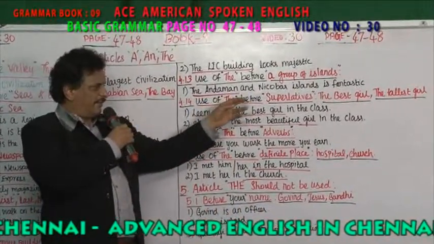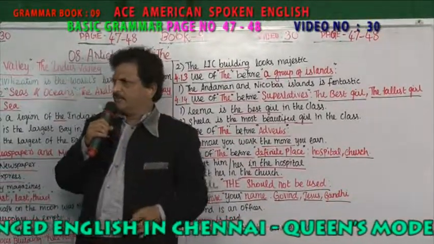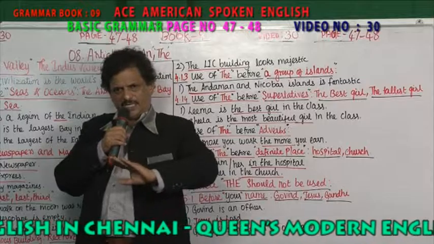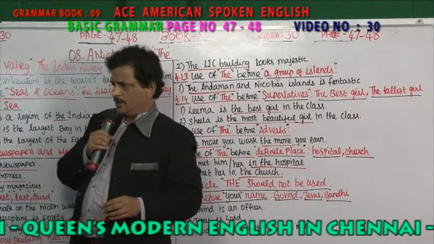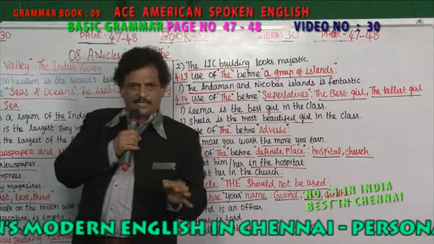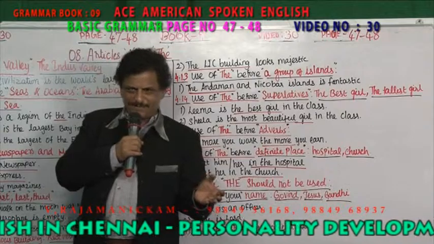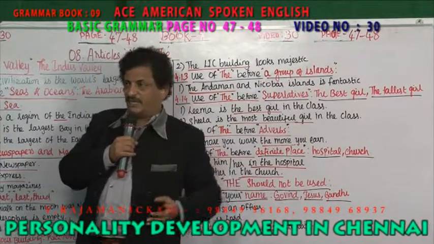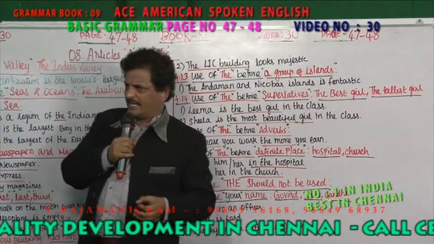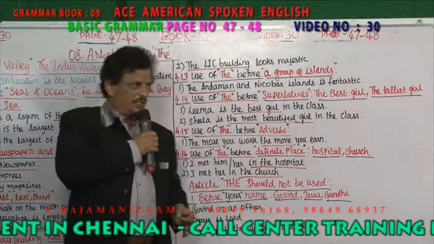அடுத்ததாக use of the before superlative. சூப்பர்லேட்டிவ் என்றால் என்ன? இருப்பதிலேயே சிறந்த, ஈடு இணை இல்லாத. அதுக்கு என்ன யூஸ் பண்றீங்க? த யூஸ் பண்றீங்க. உதாரணத்துக்கு இந்த சென்னையில் எந்த மால் சிறந்த மால் சொல்லுங்க? எத்தனையோ மால்ஸ் இருக்கிறது. ஸ்பென்சர் பிளாசா இருக்கு. ஃபீனிக்ஸ் மால் தான் சிறந்த மால் சென்னையில். எப்படி சொல்லுவீங்க? Phoenix Mall is the best mall in Chennai.